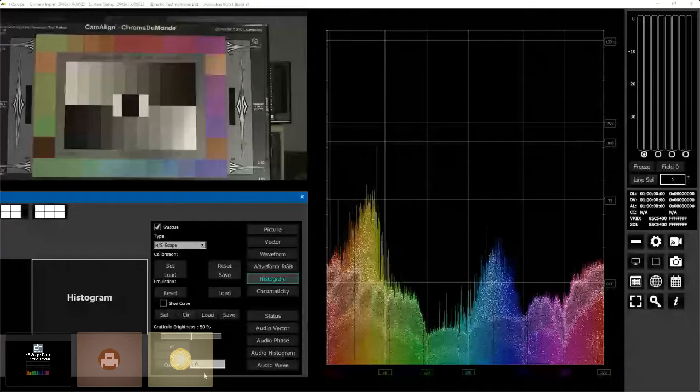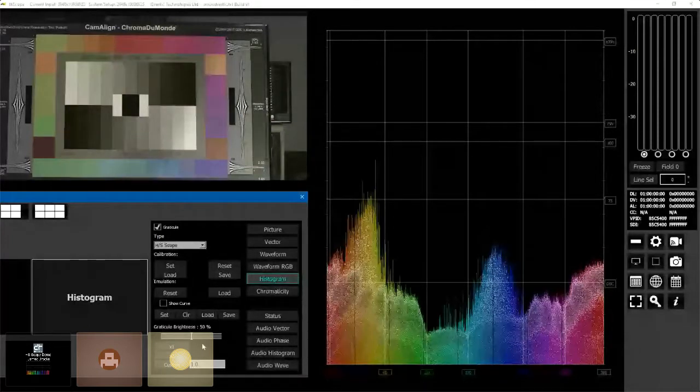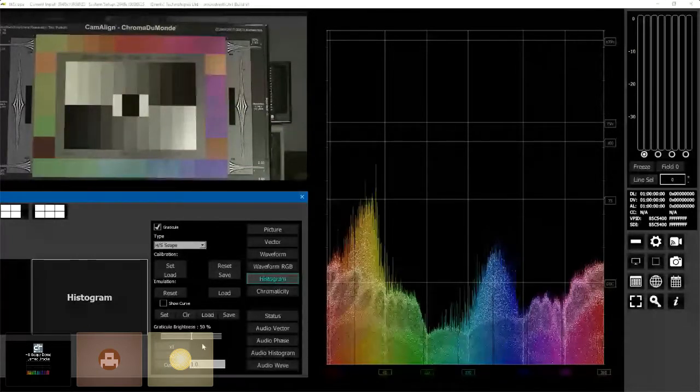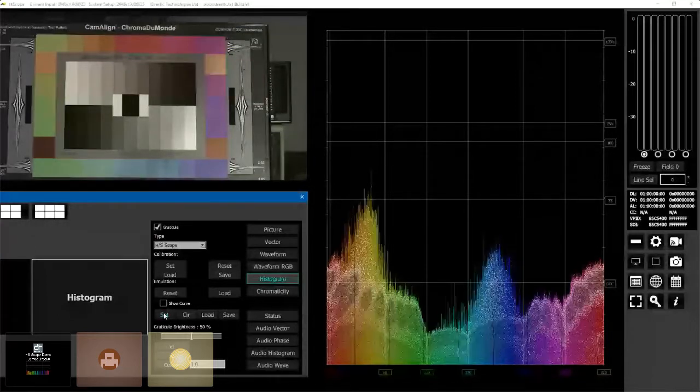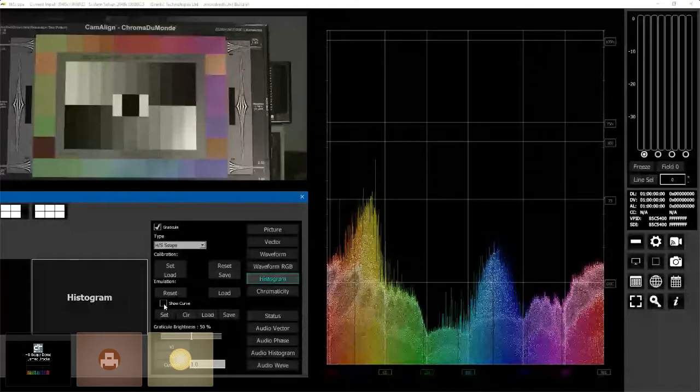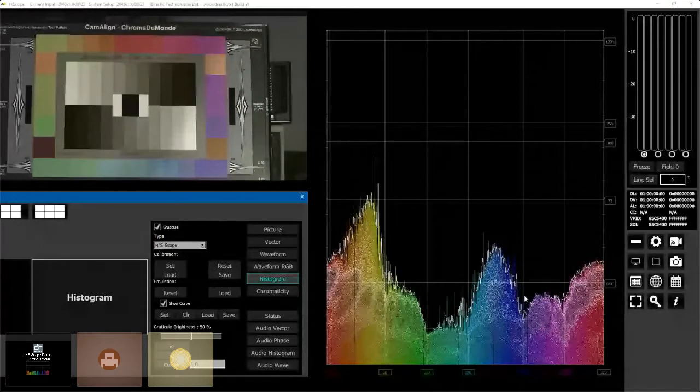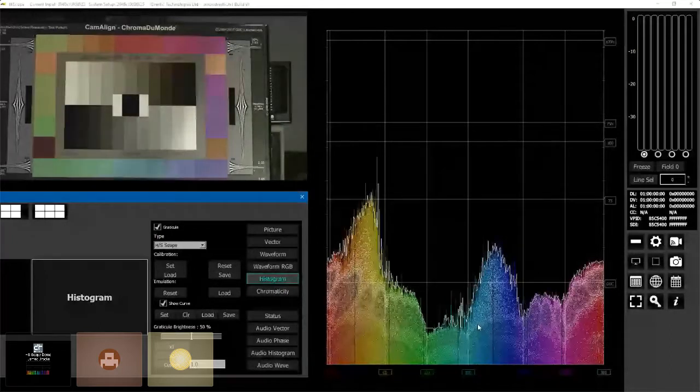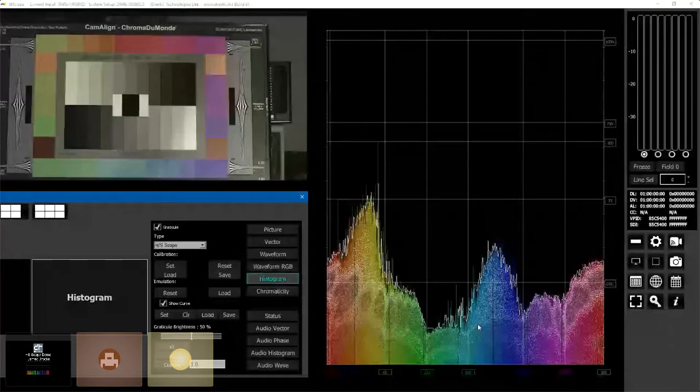What I want to do now is basically match up my light. So I have my tungsten light here. So I'm going to set a curve, and I'm going to show it. And you can see here, hopefully, a white line that has mapped itself around the various colors coming from this chart with that light. If I then shut down that light and bring up my LED light,